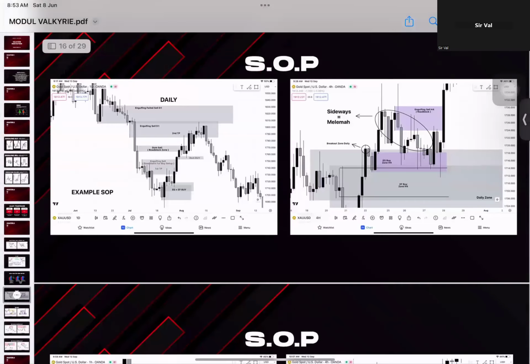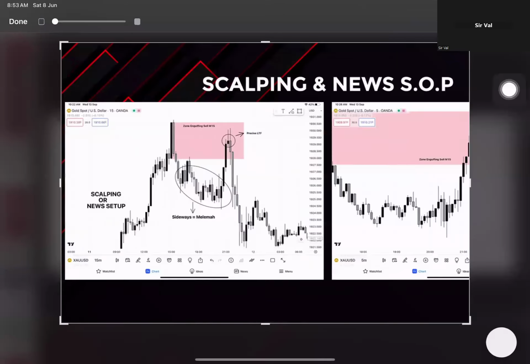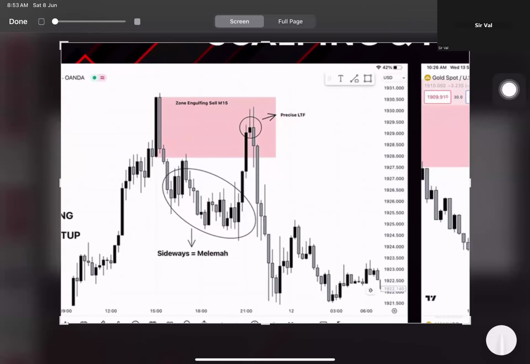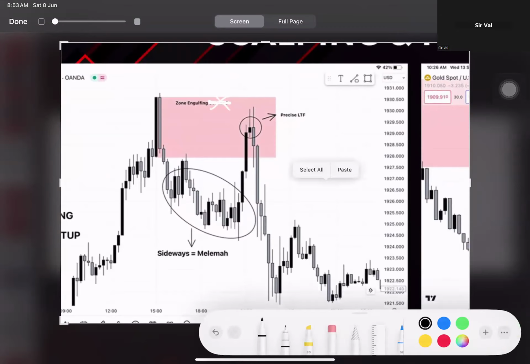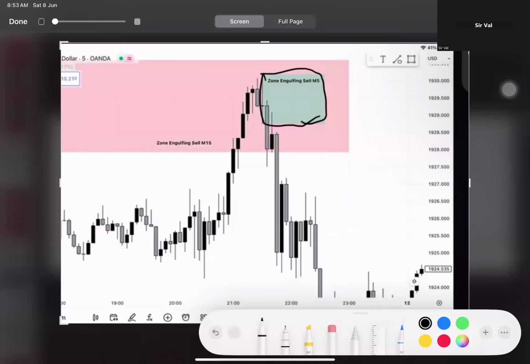SOP, I have explained. News is the same thing. This is my old syllabus. M15 cannot be a zone. For example, here we have an H1. I've preset H4 and H1. Then price spikes. Here I will wait for M1 only, M1 then M3. Same here. If you have H1 and M5, you can enter on M5. If it is very volatile and fast, you cannot wait for M5. You can enter based on M1.